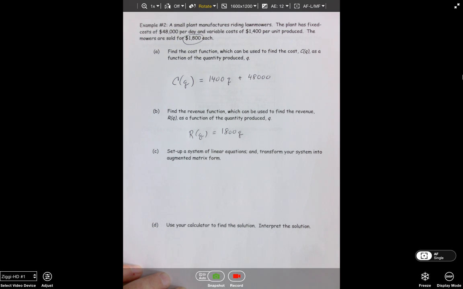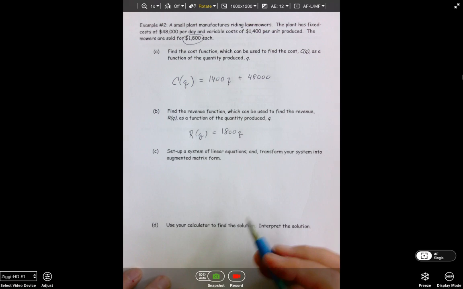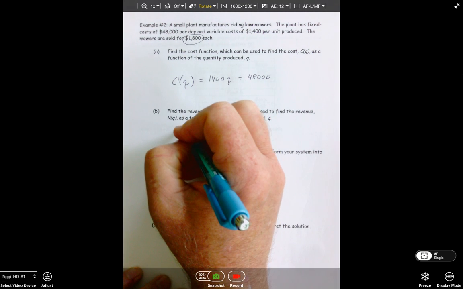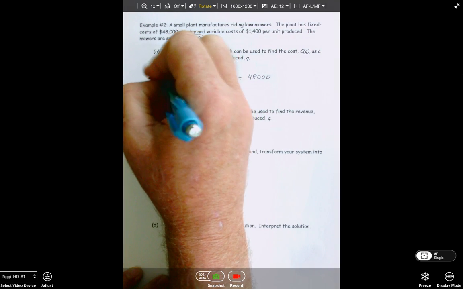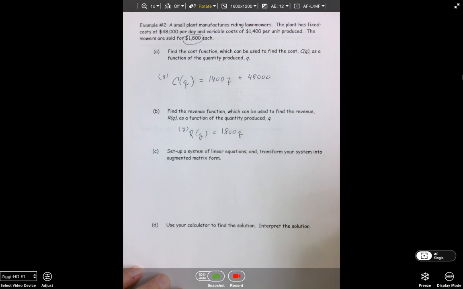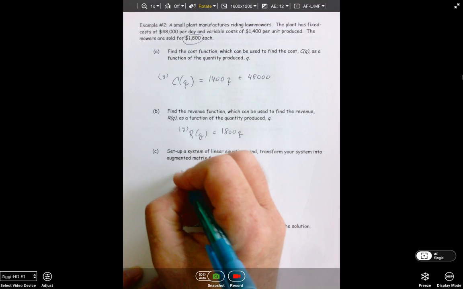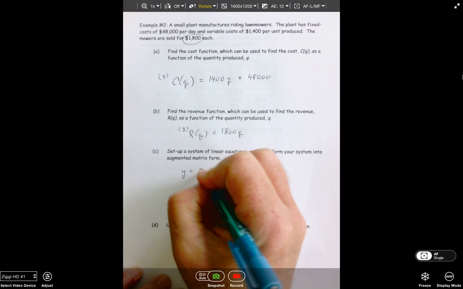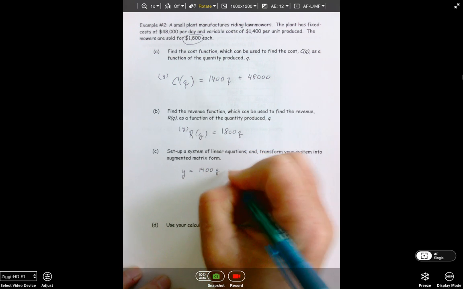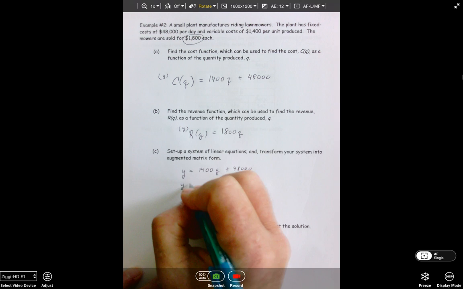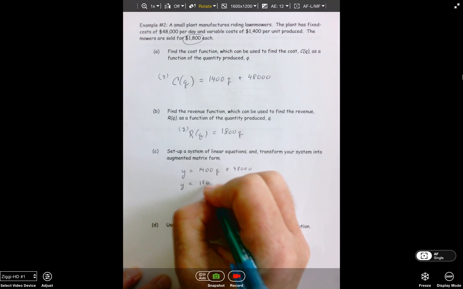Now, what we're ultimately thinking about here is I want to let this over here be thought of as my y in both cases. So if I set this up as y equals 1400 Q plus 48,000, and this is y equals 1800 Q,